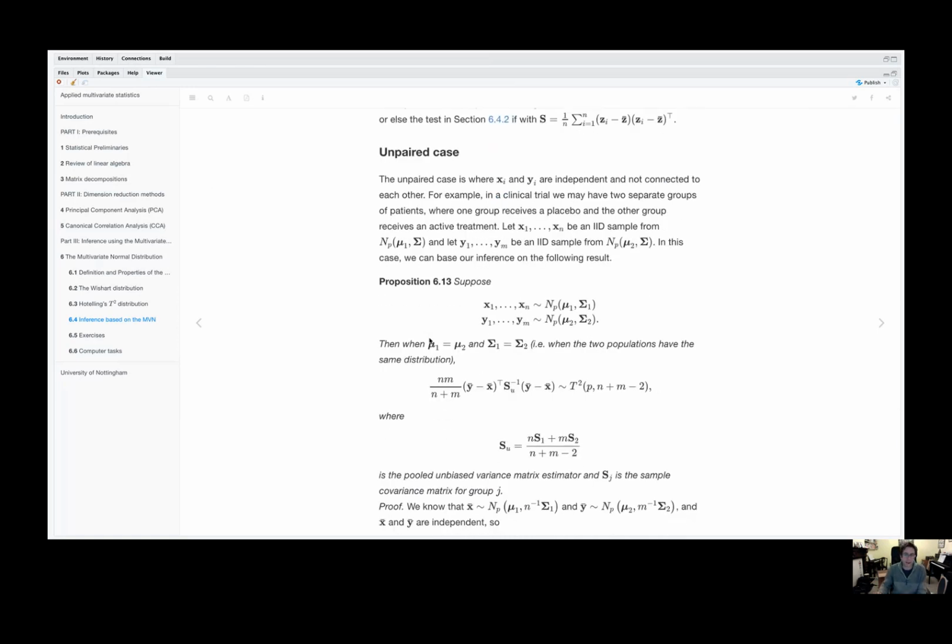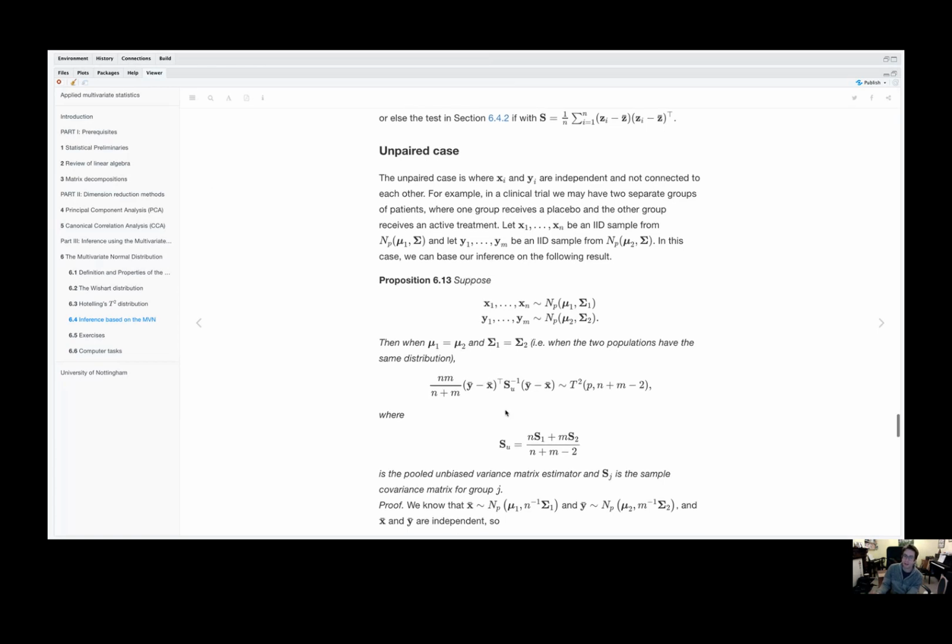So in the unpaired case, the aim is to test whether these 2 populations have the same mean. So let's suppose that x1 to xn is multivariate normal with mean mu1 and variance sigma 1, and that y1 to ym is multivariate normal with mean mu2 and sigma 2. Then when the 2 populations are the same, so when the sample means are the same, sample variances are the same, then this test statistic,